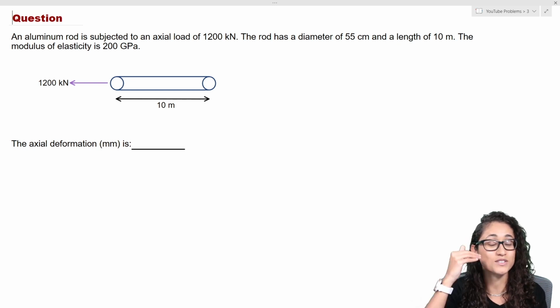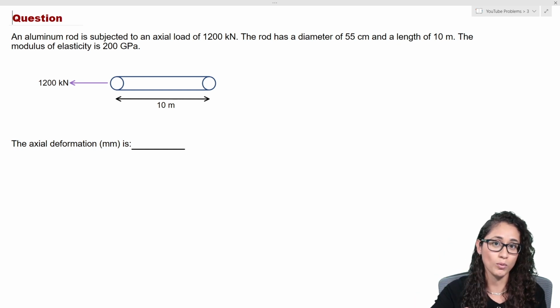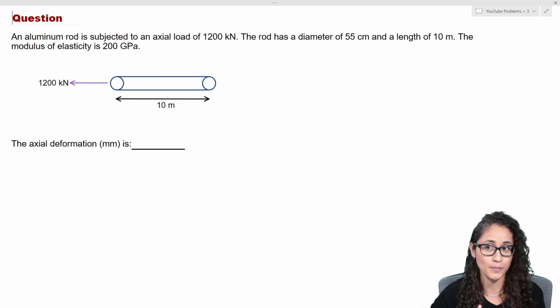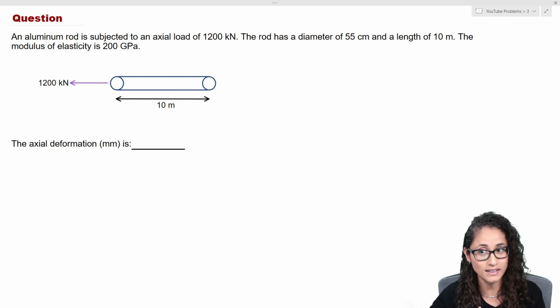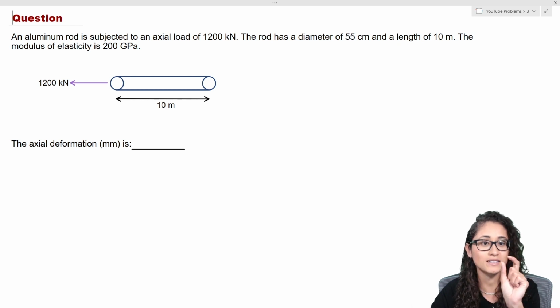So remember guys, it's very important to attempt the problems to prepare for your FE exam. So in this problem, we have an aluminum rod that is subjected to an axial load. We are given the diameter and the length and also the modulus of elasticity, and we want to find the axial deformation in millimeters. So the first thing you got to do is try to find some keywords that you